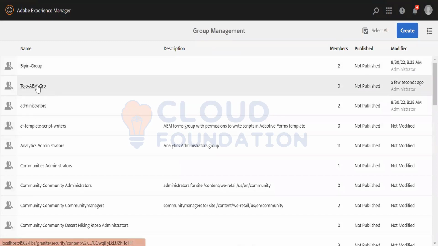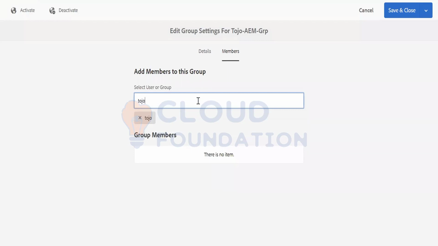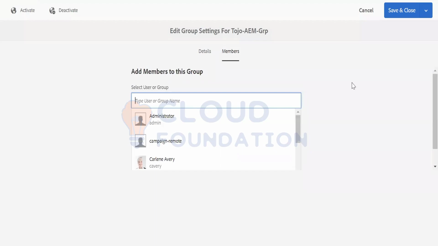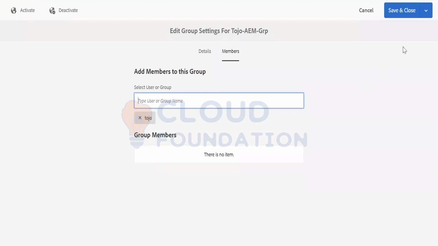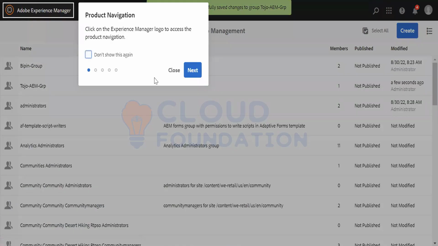If I go over here, it has the member option. The same way the user has the group option, the group also has the member option. So you can even add the members from here. And you can even add any other group as well. Here I added Folio and simply this. Now if I again go back,